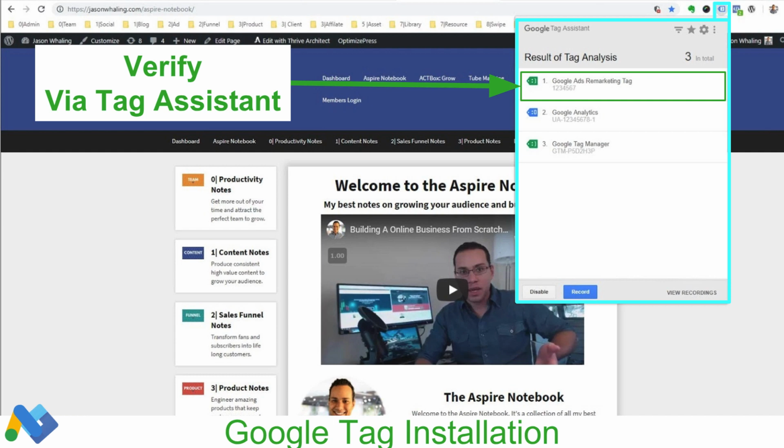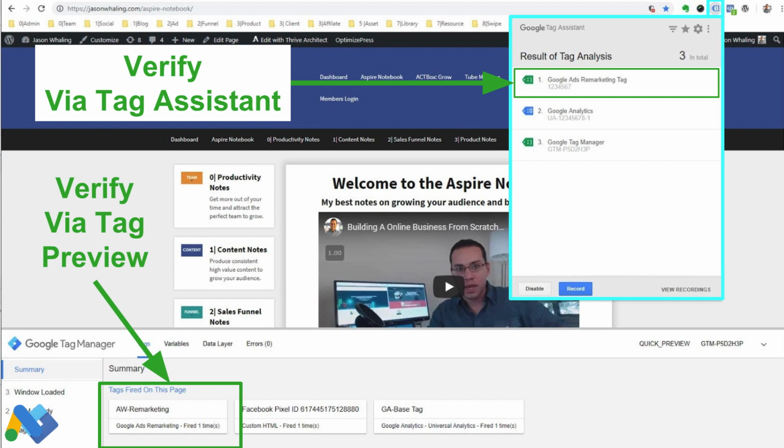And you'll also notice the number 1, 2, 3, 4, 5, 6, because I just kind of made it up for this particular course. Those numbers should always correlate to the numbers that you plugged in to Google Tag Manager. You do want to make sure that those numbers are the same, just in case there's another piece of code on your site for some reason. And with that, your setup and installation of the Google Ads remarketing tag via Google Tag Manager is complete.